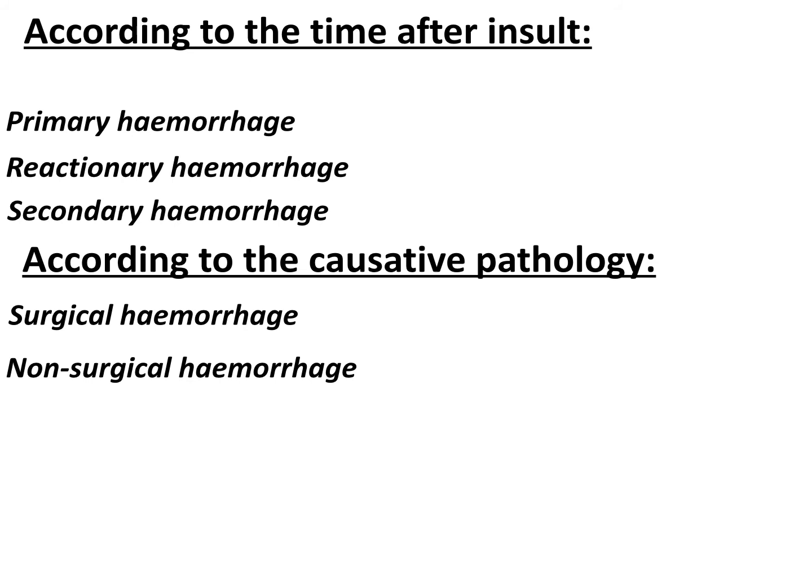And sometimes even the ligature we sutured at the time of the operation slips after the operation. This is called